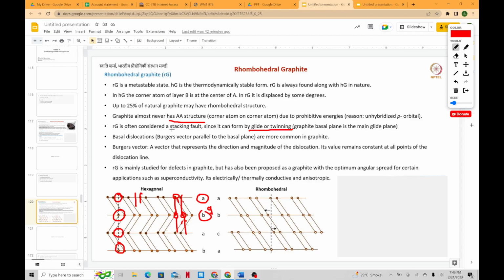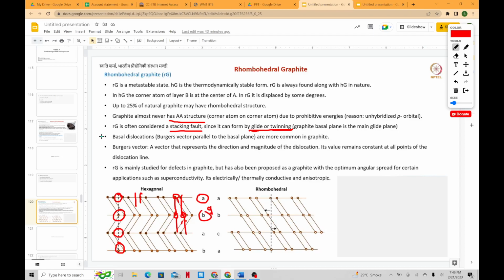In the same book, Mechanical Metallurgy, you have to see what a stacking fault is, what glide is, and what twinning is. Then you will know how the atoms are arranged and how glide and twinning will occur. We'll discuss it, don't worry, but I will give you some time. I don't want to put everything in your mind directly, because if you have some prior knowledge,